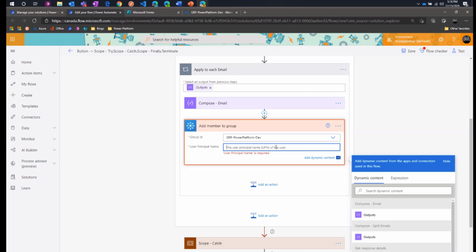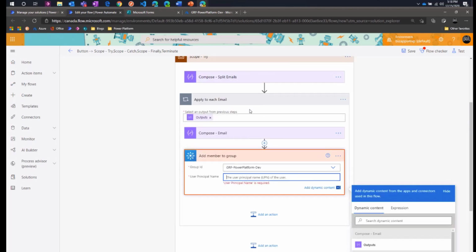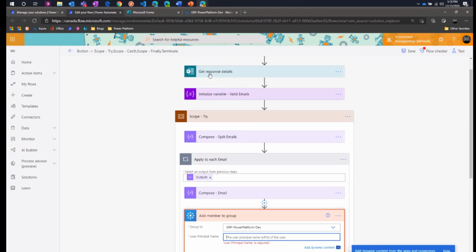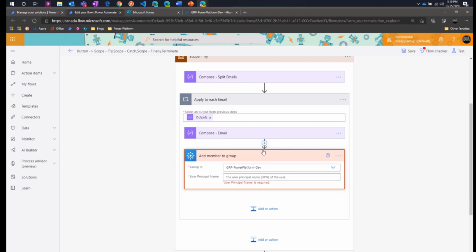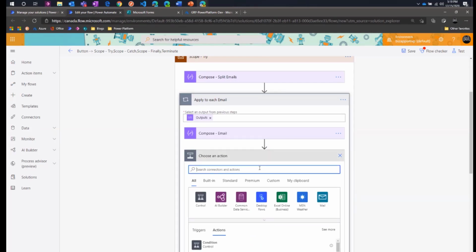That's fine. I should be able to pass in the email that they're giving me from the form. But here's the thing, I really want to make sure I'm not just adding any random old email. It'll most likely fail. So I'm thinking about how I can not have this fail. So what I'm going to do is use the Office